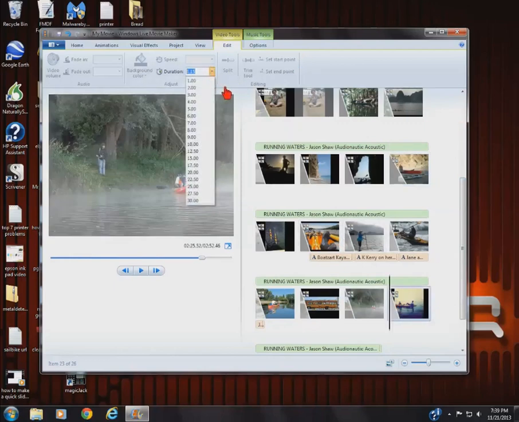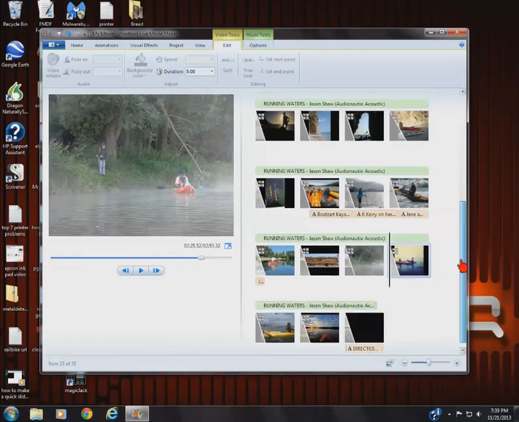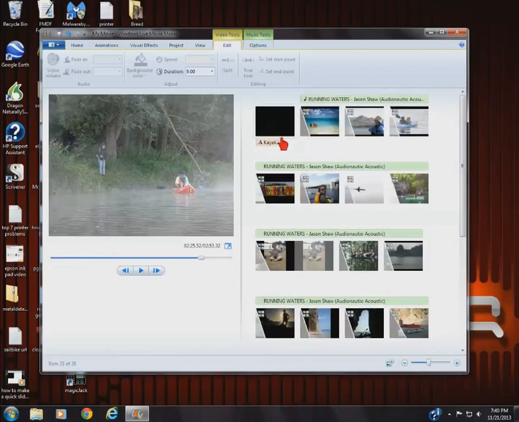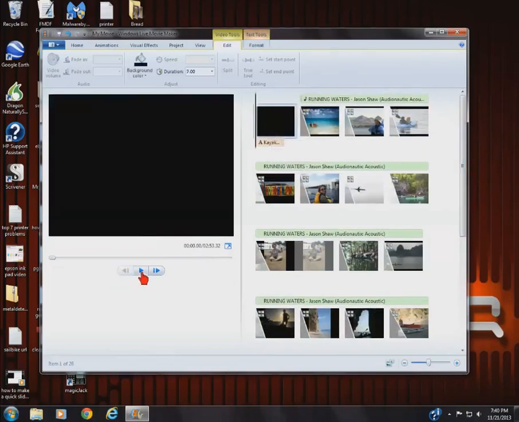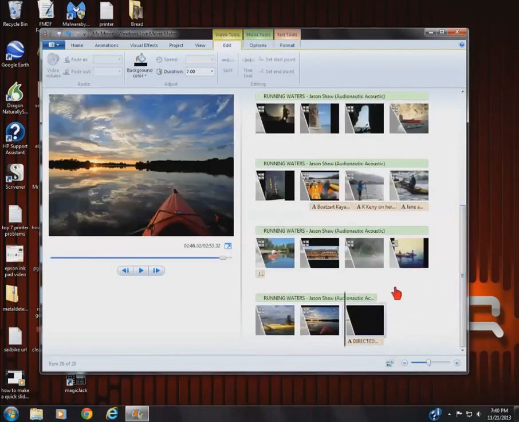You want to try to match the music with the theme of your photos. Okay, now you see how the music ended and we still got some little video left, so we're good. So the music's going to end before the end of the movie. And we can get it down to the last second by adjusting the times on these photos. So now we have a video with a title, and we have music, we have transitions between all our photos, and we have credits at the end.